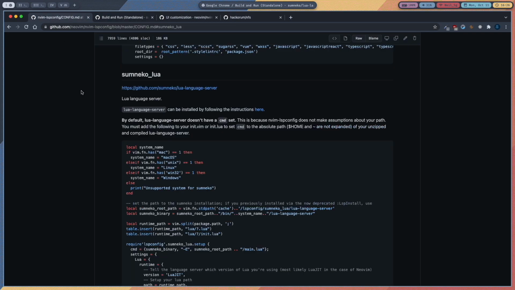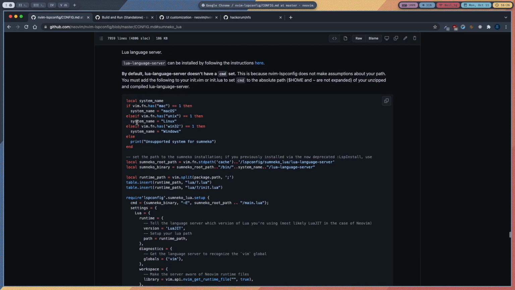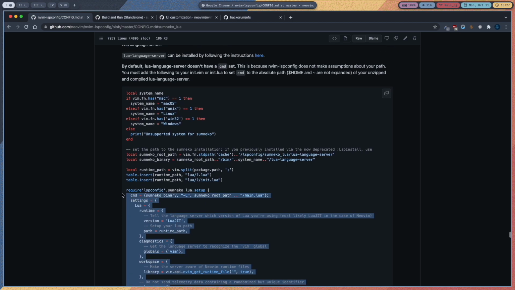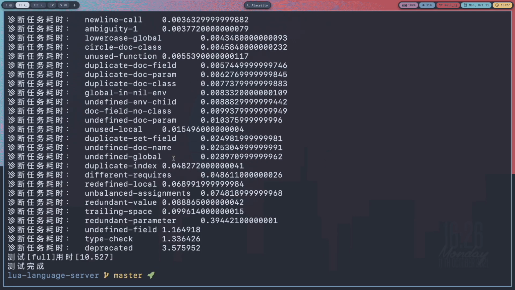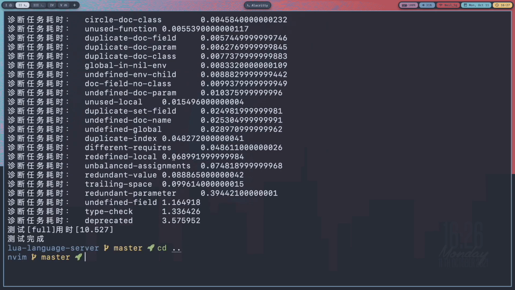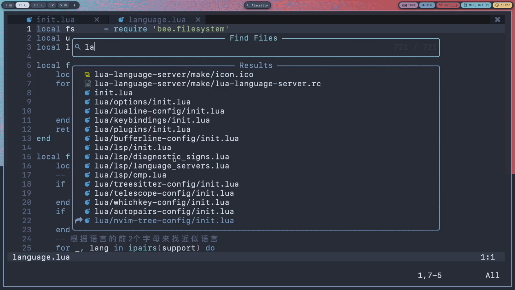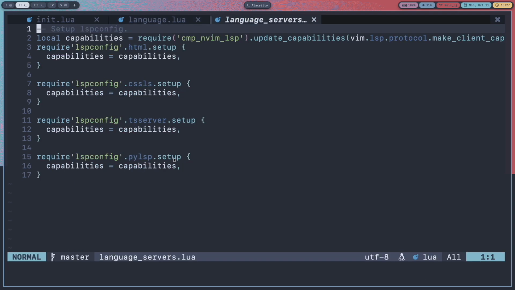see this part here, local system name equals all of this part. We can copy that, just copy this here, then I'll increase the font size. It has already installed, so cd .. and open nvim language servers.lua.